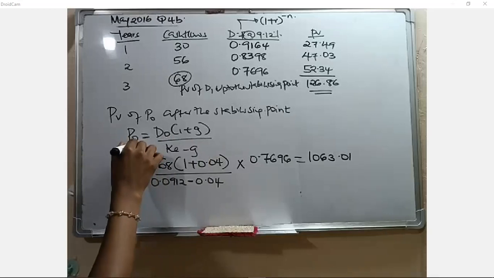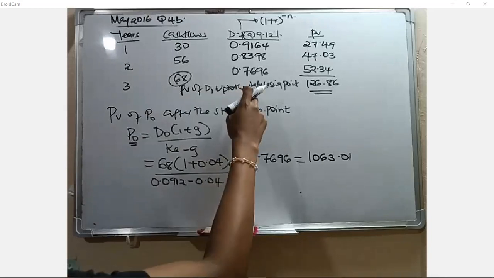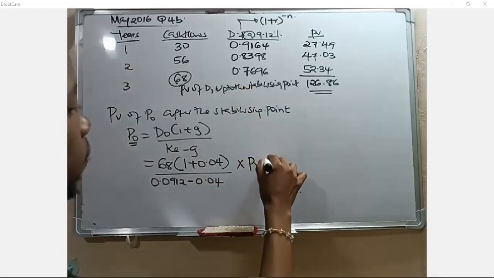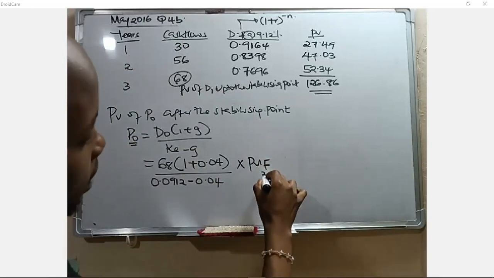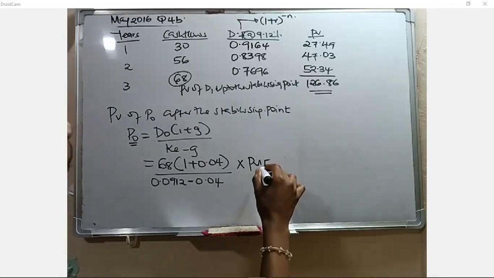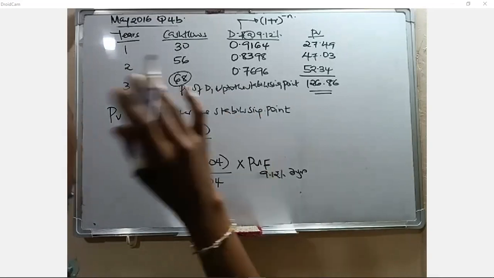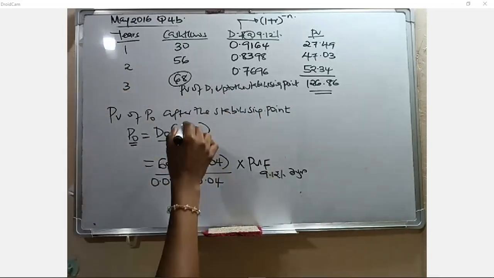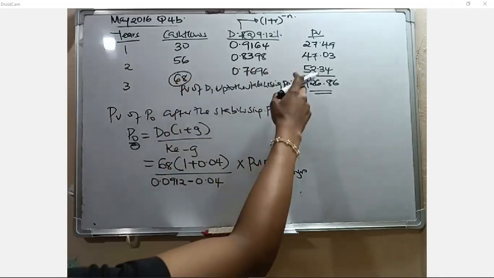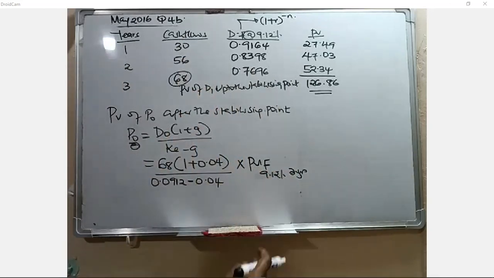But when you take your discounting factor, remember what you are going to be getting is your current cash flow. You have to be discounting it. Even that is what I was doing yesterday, and I was multiplying with the present value interest factor. I was discussing about 4%, because that is what we are doing. Is it 4%? No, 9.12%, 3 years. That is what I was telling you yesterday. So once you get your P0 now, it is today. So you have to be discounting it, right? Because that will be your cash flow now. You discount it to get the value.